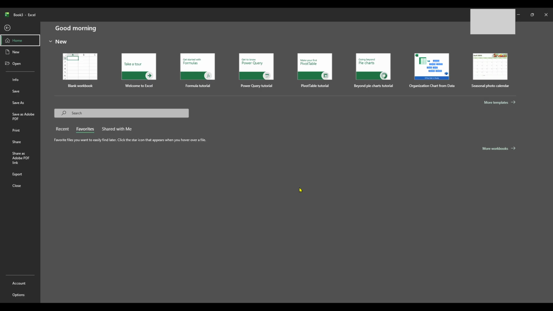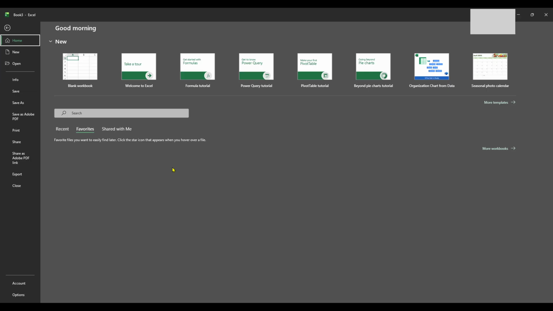First, what you'll want to do is open the Microsoft Excel app on your computer. If you haven't pinned it to your taskbar or desktop, you can find it in your Start menu or Applications folder, depending on your operating system. Launching the application will bring up a familiar interface, and you'll be ready to start working with your spreadsheets.